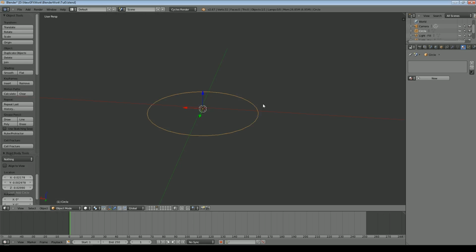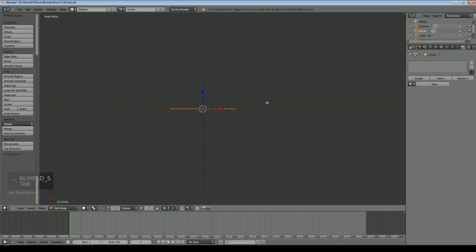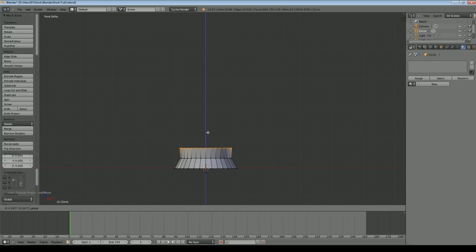Look from the side view, go into orthographic. Go into edit mode, press E, and then turn off proportional editing, and then we can lift this up a little bit. We'll scale that in. You can use your own artistic license with this, obviously. I'm going to add a subsurf on this anyway.